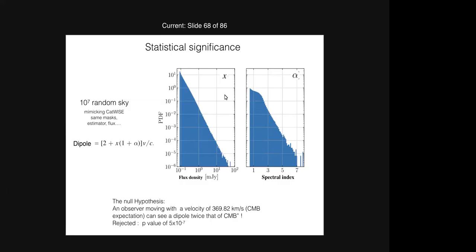The dipole that you see is not only due to our velocity, but also due to another intrinsic effect of the CMB itself. So it means that you have a kind of very large scale perturbation on the CMB itself. So when you see the dipole, you have a combination of our motion and an intrinsic dipole in the opposite direction that reduces it.